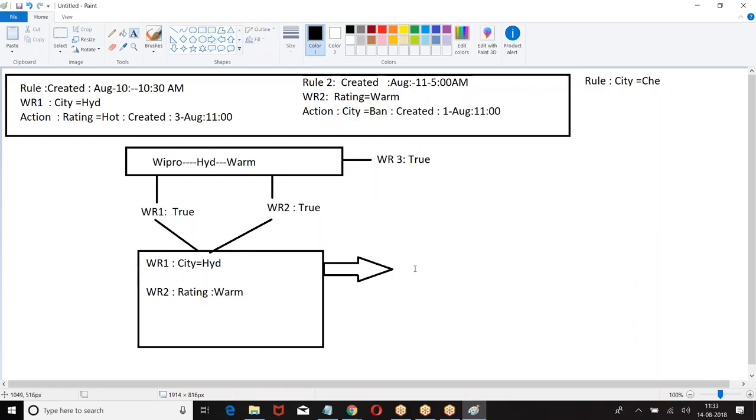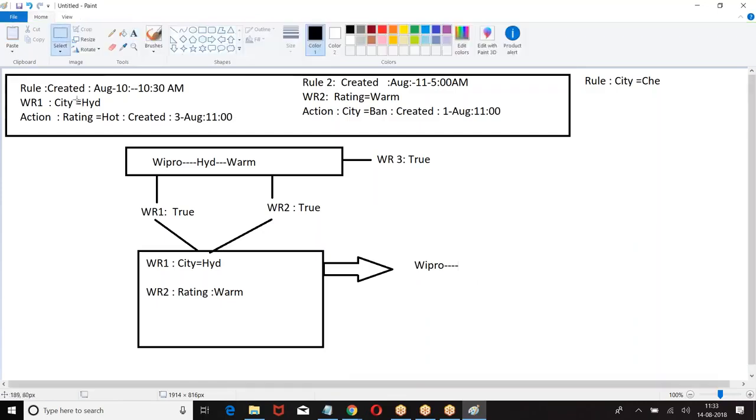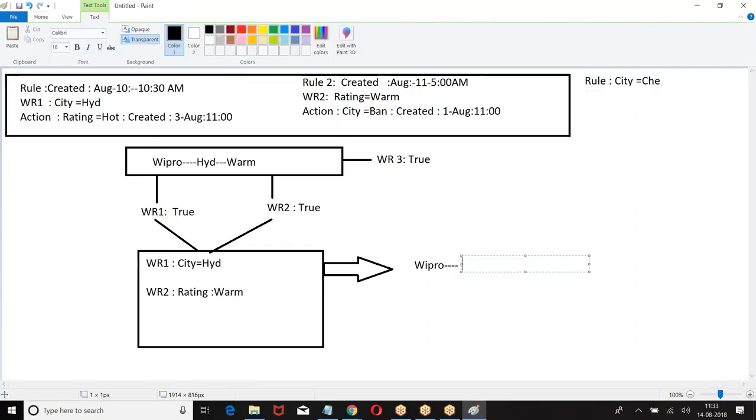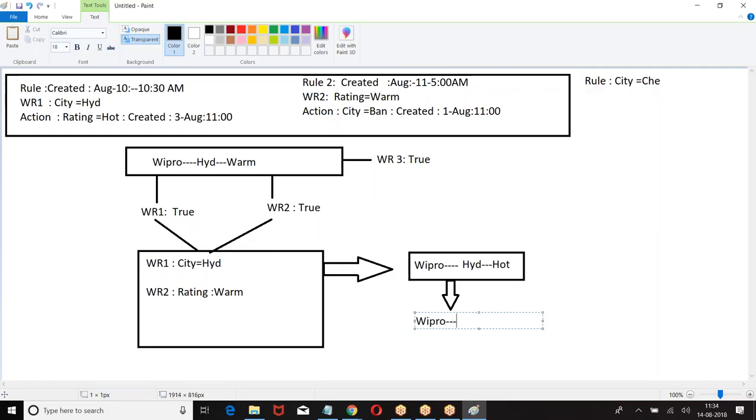When you perform this, the output will be Wipro. I was supposed to make it here. Okay. What is the action? Rating equal to hot. Then action 1 is performed. After performing this, perform the second action. What is the second action? What was the second action I gave?